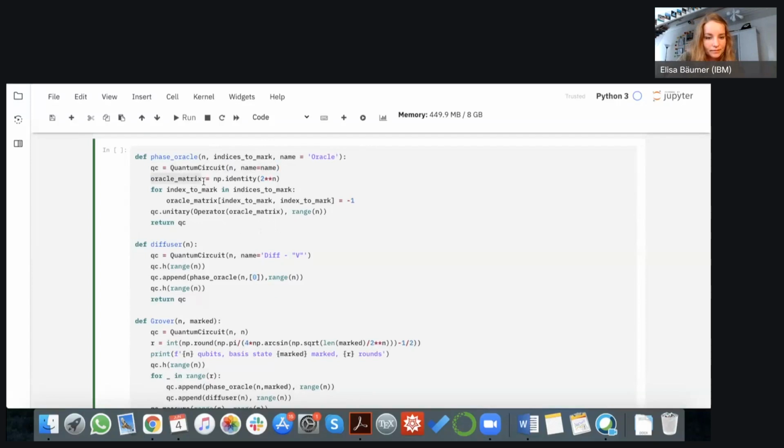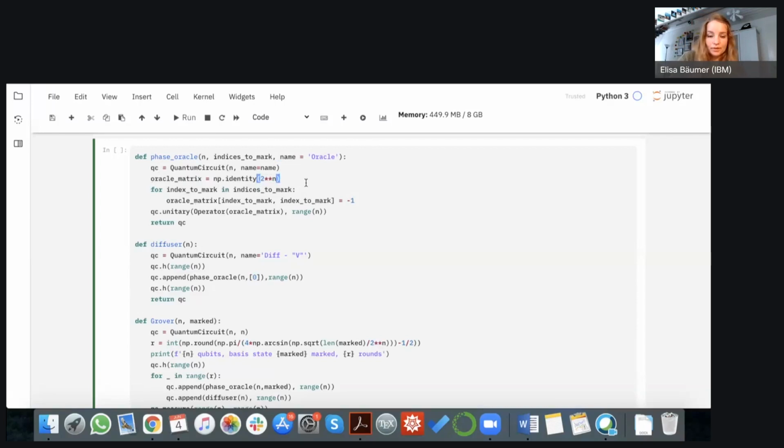So we want to create this oracle matrix, and we start by setting it to the identity on n qubits, a 2^n times 2^n matrix. So we have ones on all the diagonal elements, and everything else is going to be 0. However, now this would do nothing. The identity matrix does nothing at all to our qubits.